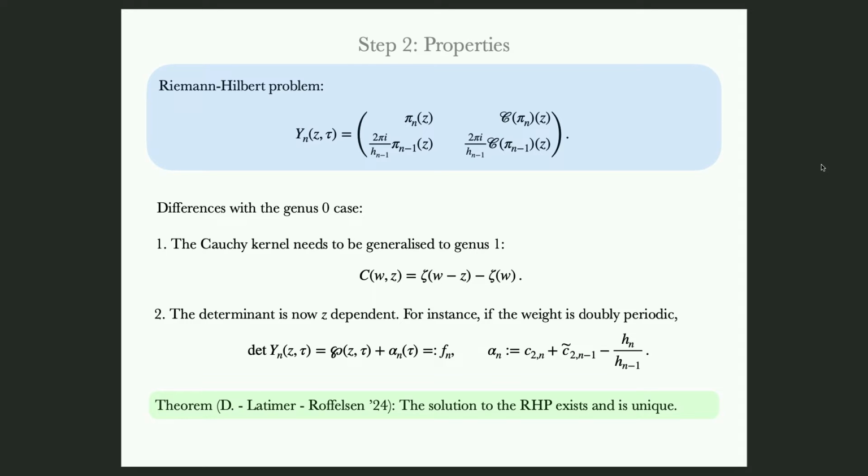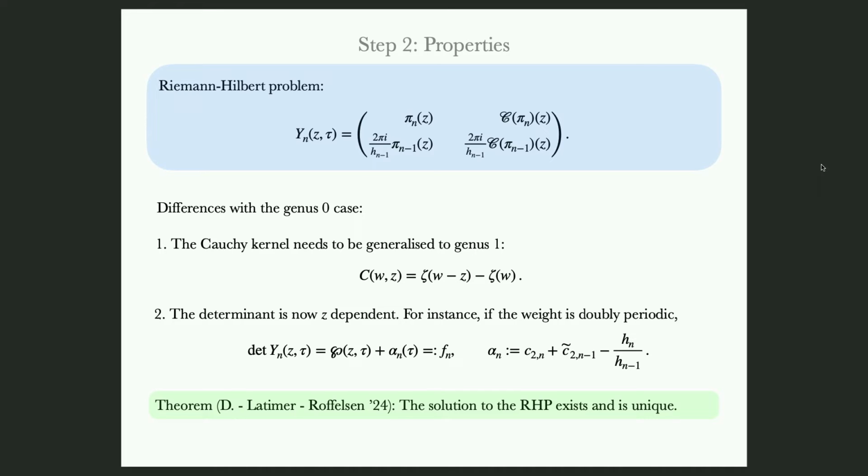The other very important thing is that the determinant is not a constant. This is reminiscent of genus 1. Not only is it not a constant, you have a Weierstrass ℘ in there. Now, good thing, it is doubly periodic, so we have the most important property that we want to preserve. Bad thing, it is z-dependent, which makes our life very complicated to really understand the uniqueness of